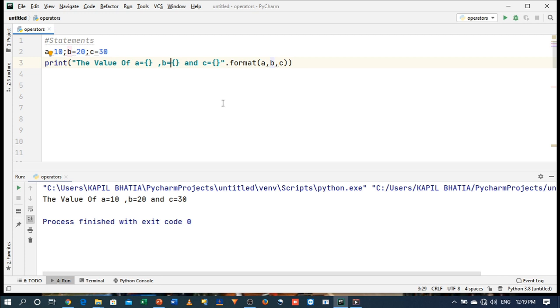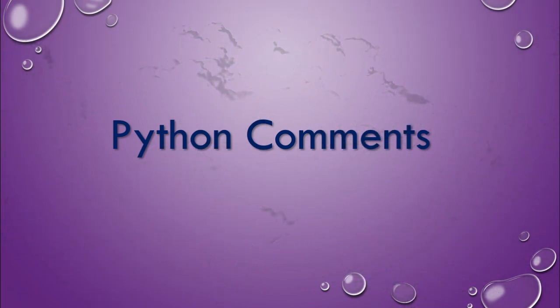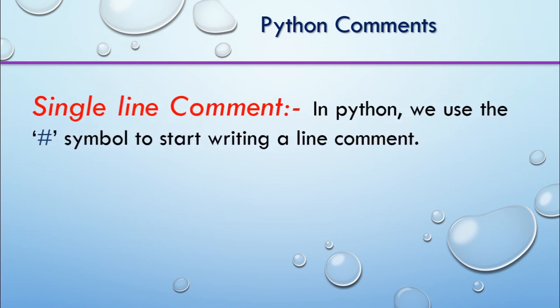Let's move on to Python comments. Whenever you want to write a comment line, in Python we use the hash symbol. Comment lines are very important, depending on the purpose of the program. Using comments in a program is a good programmer practice. So how can you write a single line comment entry? Just see an example. For a single line comment entry, we use the hash symbol.